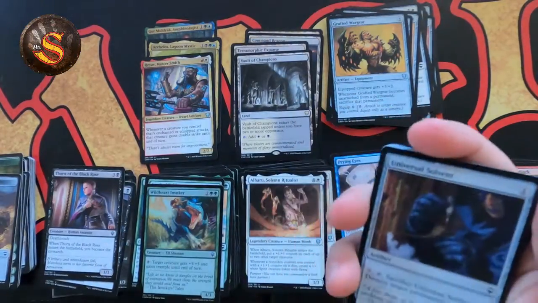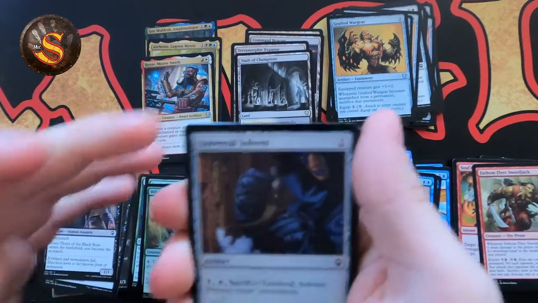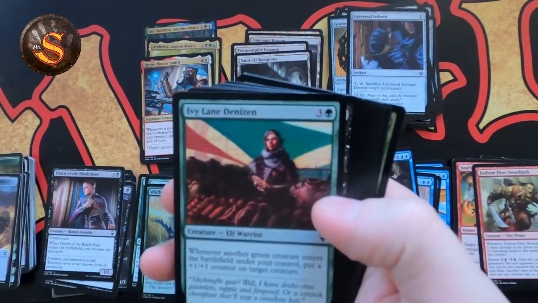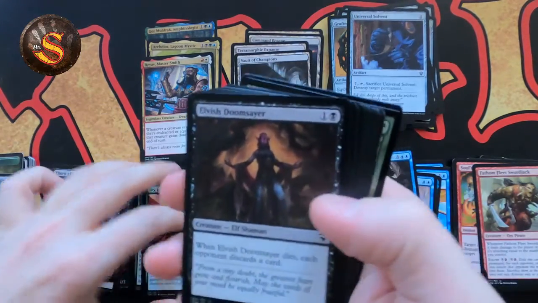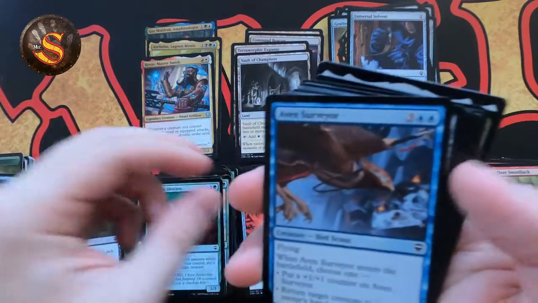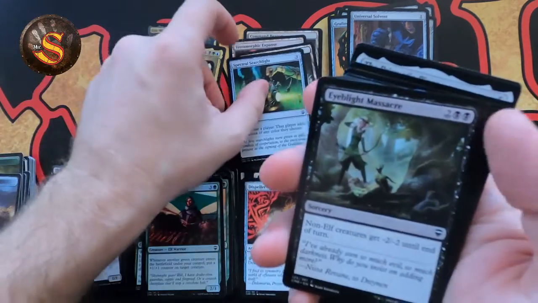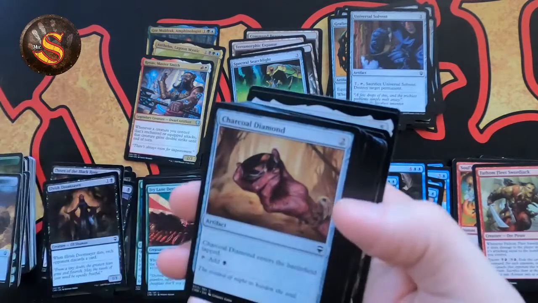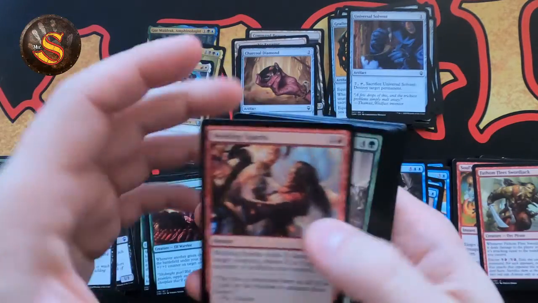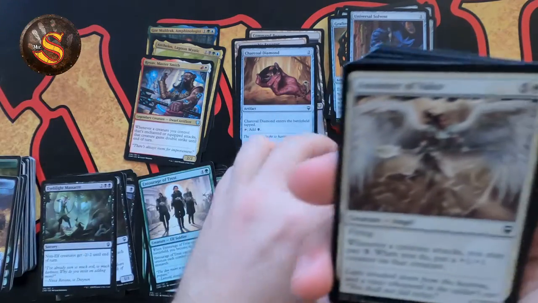Alright, last booster of our last set of pre-release. Universal Solvent, another one of that. Another Ivy Lane Denizen. Another Elvish Doomsayer. Another Dispeller's Capsule. Another Avian Surveyor. Another Spectral Searchlight. Another Ice Blight Massacre. Another Charcoal Diamond. More Welding Sparks. Entourage of Trest, Forceful Denial,